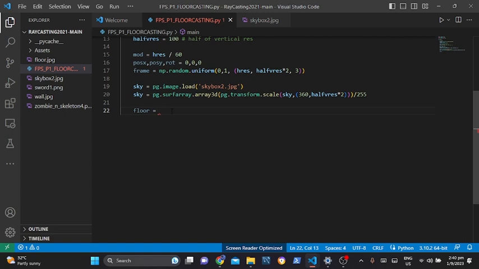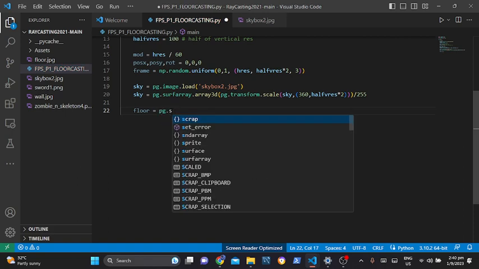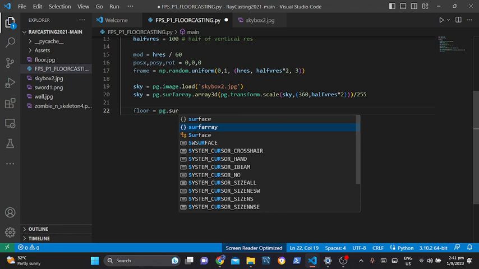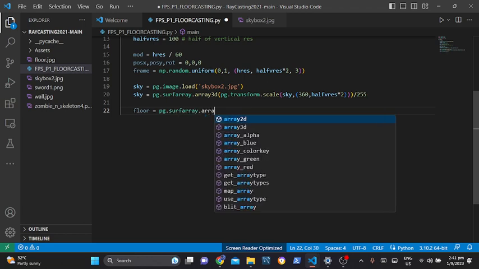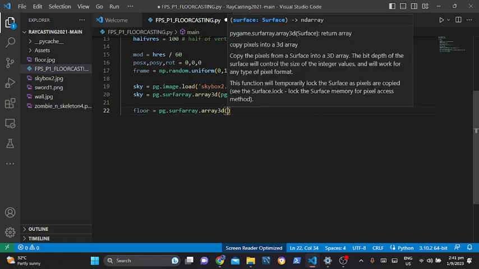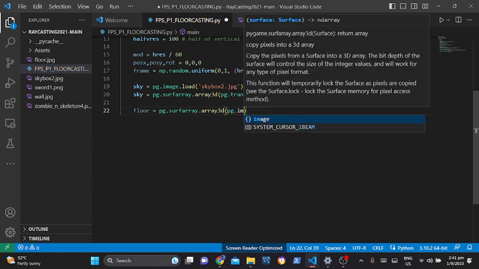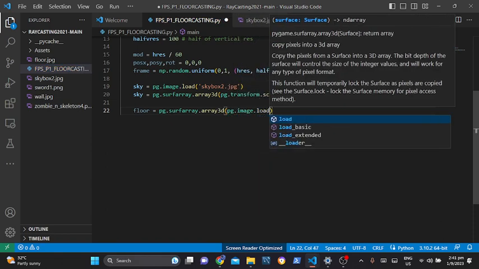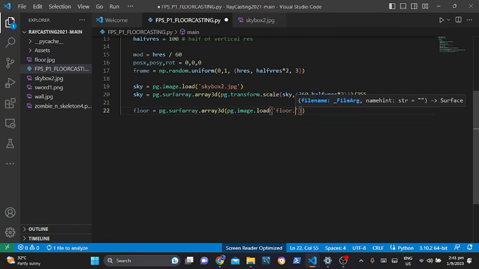So floor is equal to pg.surfarray.array3d and pg.image.load to be floor.jpg